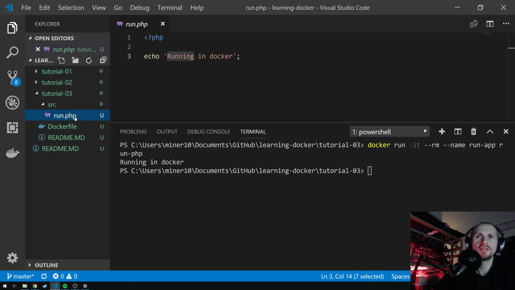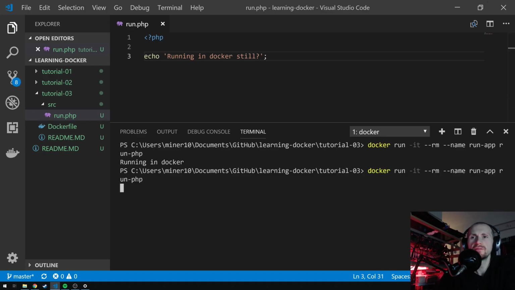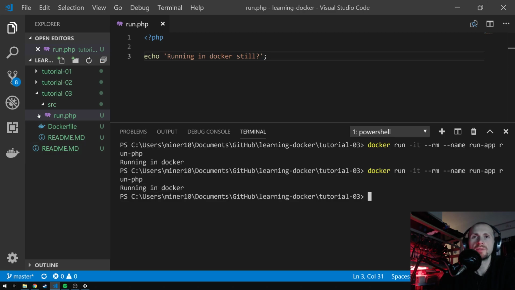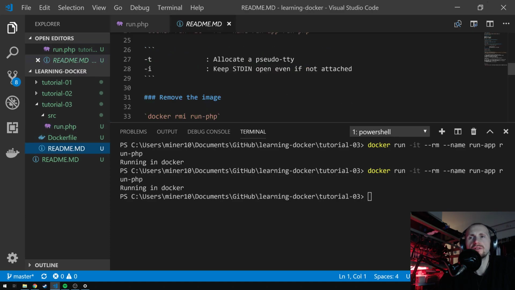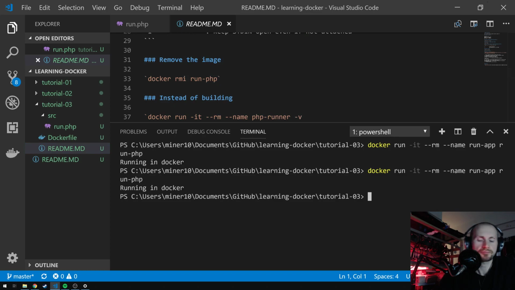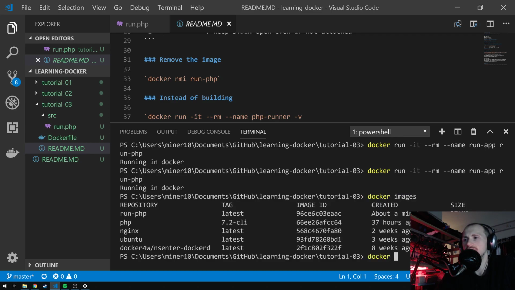But if I go into this, change running in Docker, and I say still, save that, run it again, it still says running in Docker because it's not using this file. It's basically copied this file to an image, and it's going to use that image every time it runs. So this is where we're going to start looking at attaching volumes to our containers. So if I simply clean up the images first, so docker rmi and then run-php,